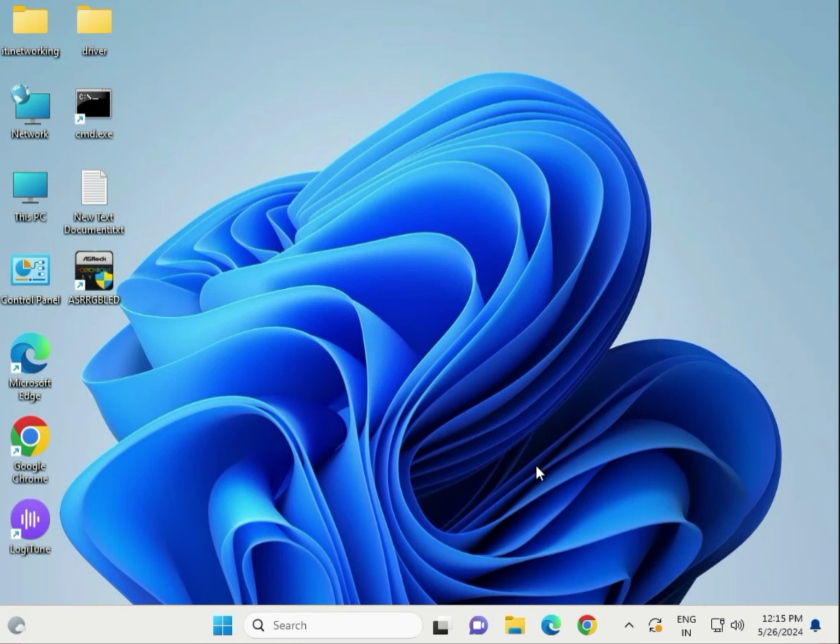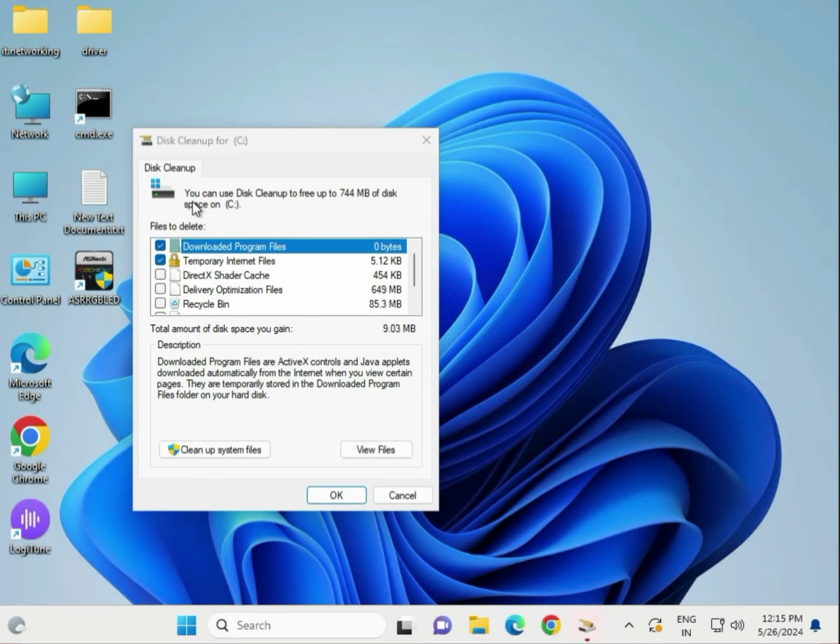Next, remove the cluster and update file. So click on search, type disk cleanup, open this, and if your Windows is installed on C drive, so pick it from the list and press OK and clean up system files. So check downloaded program files, temporary internet files, Windows update, temporary files,